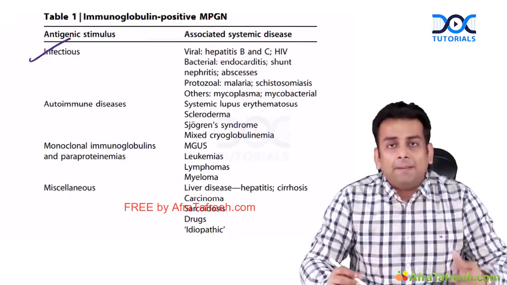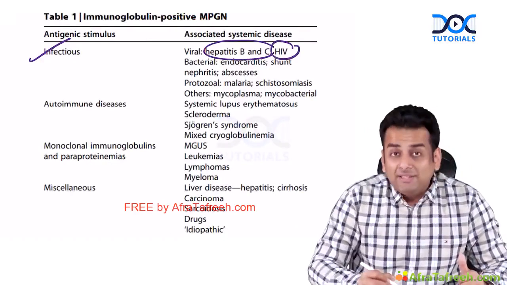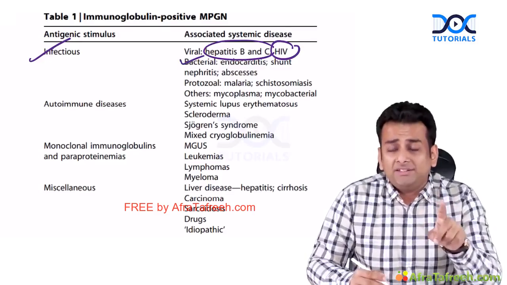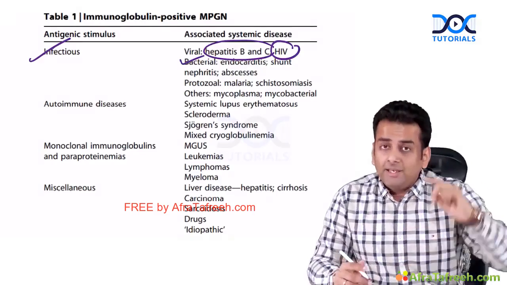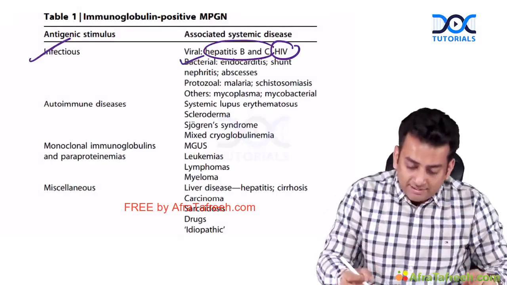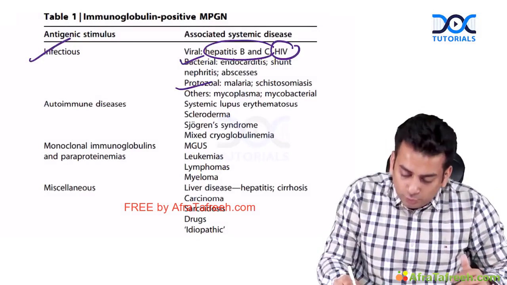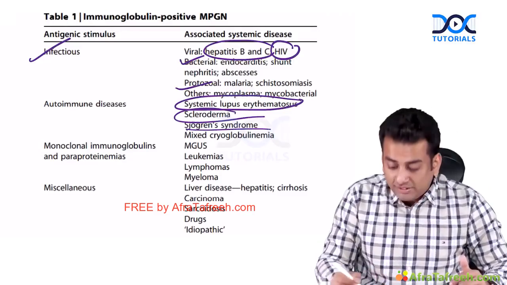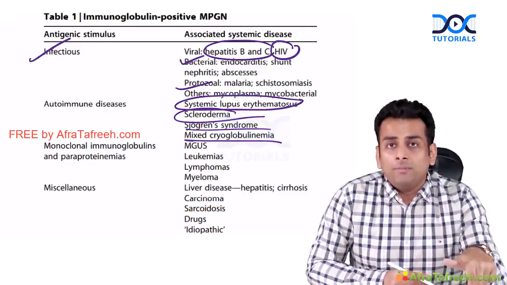We already discussed the immune complex mediated MPGN. We have the infections. Among the infections, we have hepatitis B, hepatitis C, HIV. We have endocarditis. We have already discussed in endocarditis related GN, you could have an MPGN pattern. I told you. So here again, you can correlate. Next, again, the protozoal infections. Among autoimmune diseases, we know you could have an SLE, you could have a scleroderma or a Sjogren syndrome or